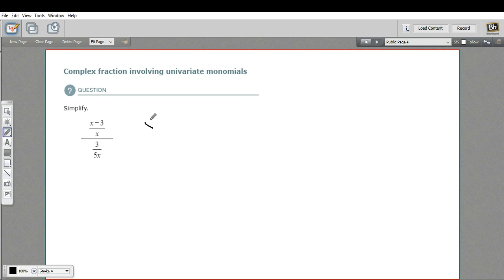So I could rewrite this as x minus 3 over x, that's our top, divided by 3 over 5x. And then I can rewrite that as a multiplication problem by flipping the second fraction upside down. So this becomes x minus 3 over x times 5x over 3. And then to perform multiplication with fractions, you just multiply across the top and across the